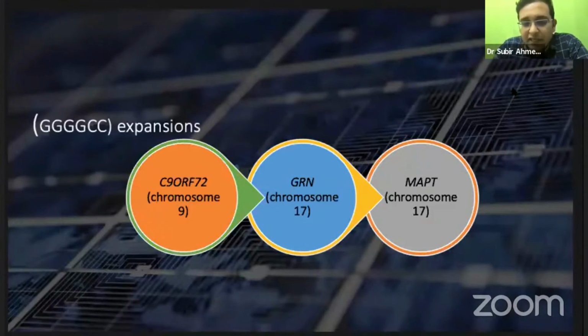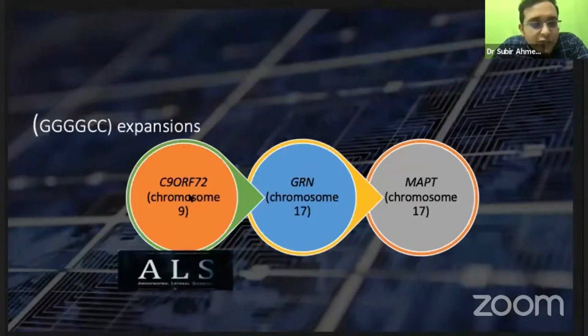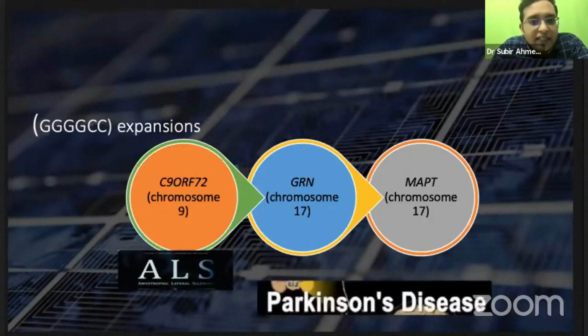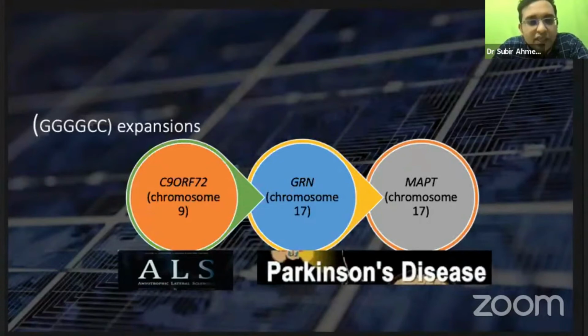Microtubules are areas within the neuron which are concerned with the anterograde and retrograde transmission within the neuron. So the C9orf has got hexanucleotide expansions which are concerned with these kind of mutations, and it is associated most likely with ALS. So this FTD with ALS, most likely combination of mutation is C9orf. And this GRN and MAPT, most likely it is associated with FTD with Parkinsonism and less likely with ALS. So remember this picture, that is C9orf with ALS and GRN with MAPT with Parkinson's disease.